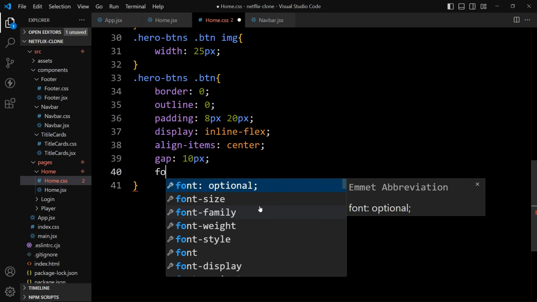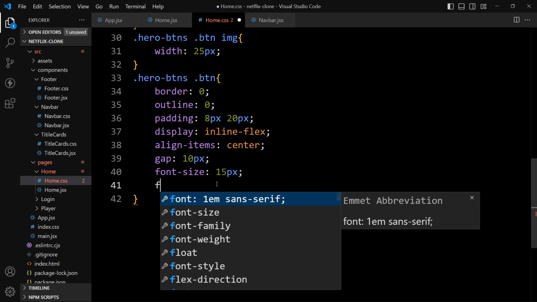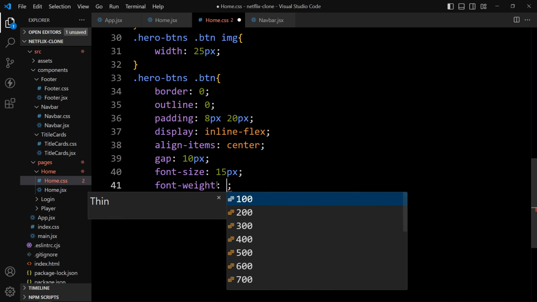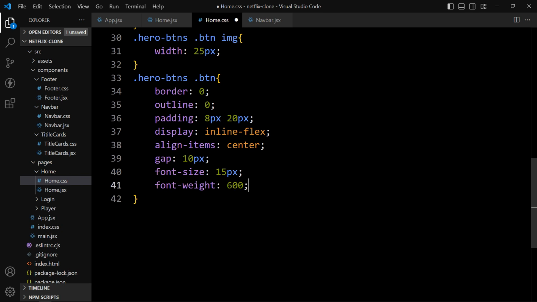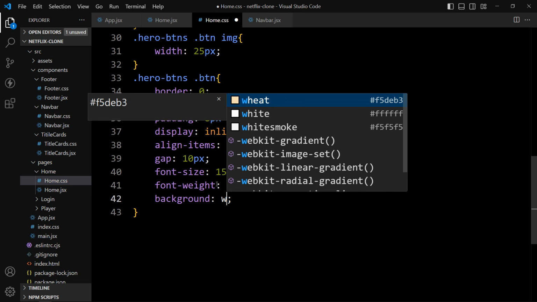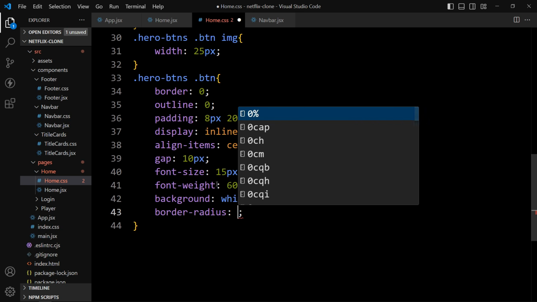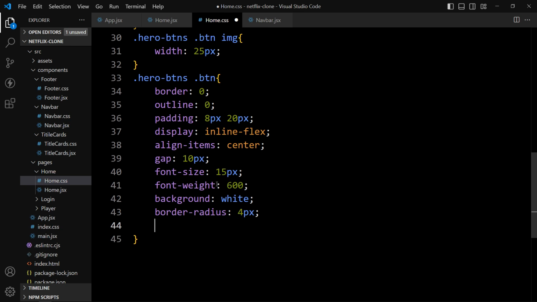Then we will change the font size, and the font size is 15 pixels. Then font weight will be 600. Then we will add the background, and in the background we will add white. After that we will add the border radius of 4 pixels, then cursor pointer.